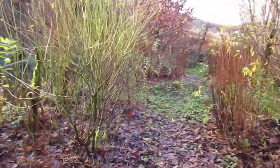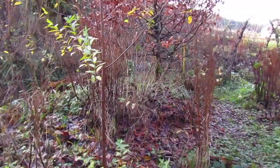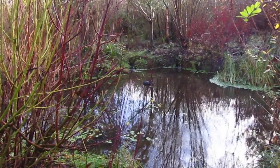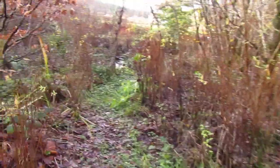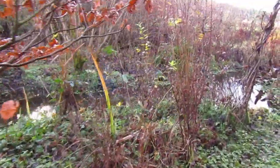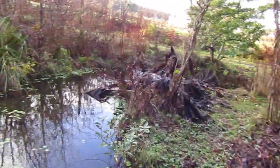Now the ground isn't too wet here, I must say. Years ago, at the beginning of this project, you could barely walk this land. You would be sinking into the mud and into the bog. But the water now is being directed. It's been channeled, and sometimes, you know, those waterways have kind of insisted on going a slightly different way, and I've allowed that to happen